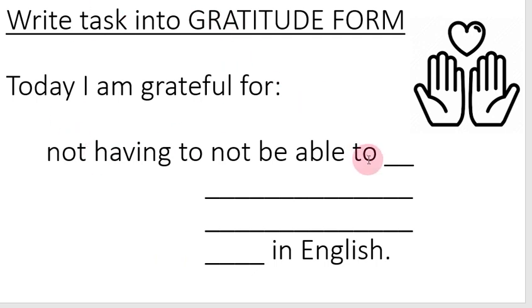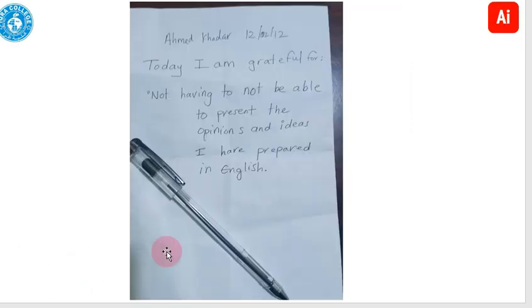We made this here at Iqra College, and we just noticed the students or learners who do this speak quicker. They reached all of their goals. So here's an example. If you don't know what I'm talking about, you're going to write it down. You're going to write your name, and the dates, and then you're going to write the thing in gratitude form, just like this, okay? It's very simple. You just take the little I can statement, pop it in there, and then write in English, and then you're good to go, okay? So try your best.